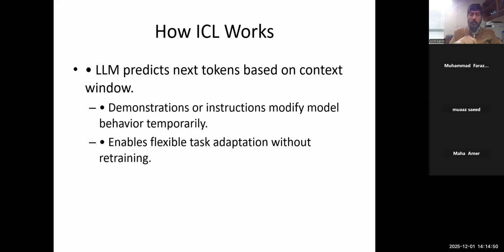Even for example, nowadays you can solve math problems easily, you can solve proofs. Two years back this was not possible by simple ICL. Why? Because it has now been instruction tuned on such kinds of problems.